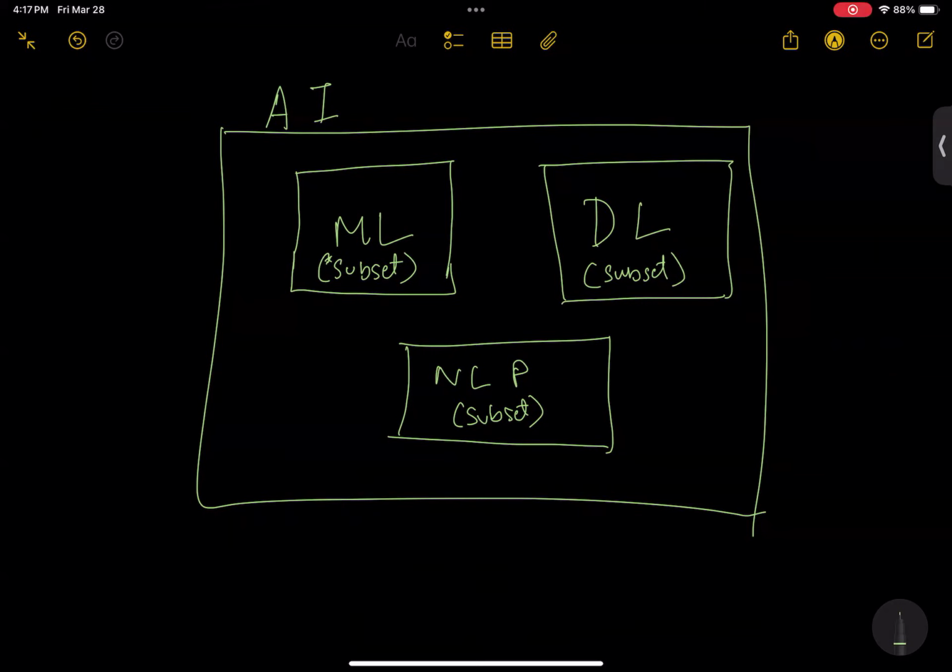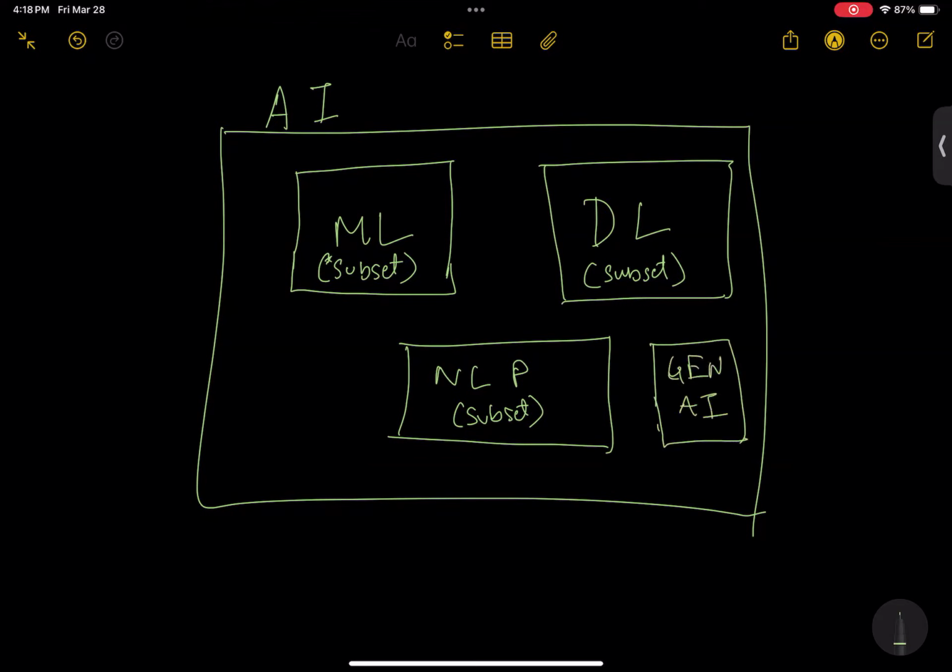Basically, what I understood, the ML part I totally understood. For deep learning, I'm a little confused between deep learning and NLP. Yeah. For now, just understand that deep learning we will go into detail very shortly. But NLP is just natural language processing, which is text based only. And then another part is now called Gen AI.